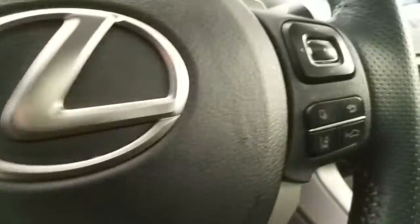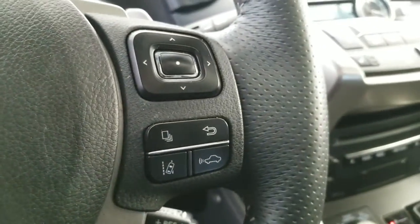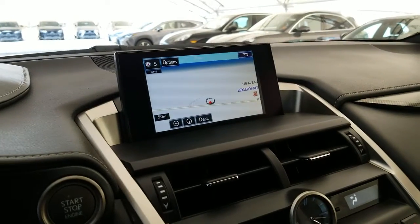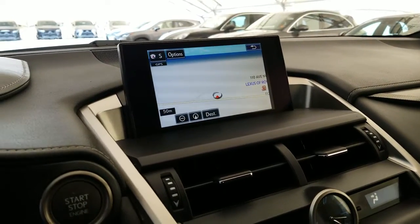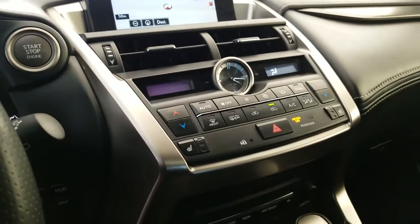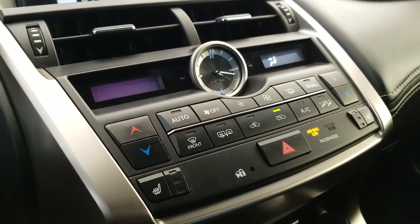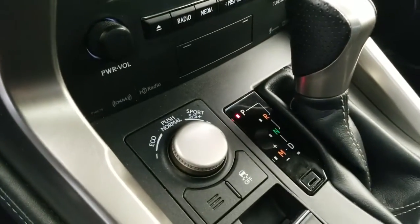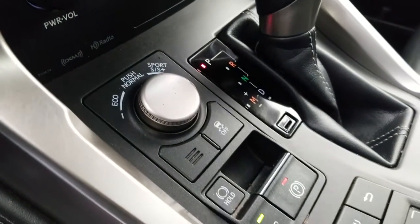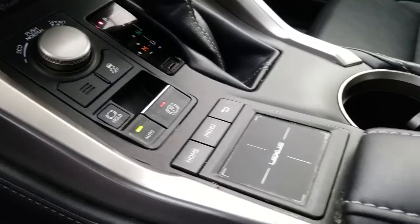hands-free controls, lane departure alert with steering assist, dynamic radar cruise control, a 7-inch multimedia display with navigation and the integrated backup camera, a 10-speaker Lexus premium audio system, dual zone climate control, heated front seats, head-up display, drive mode select with the Sport Plus, which includes the adaptive variable suspension, electronic parking brake, remote touchpad,